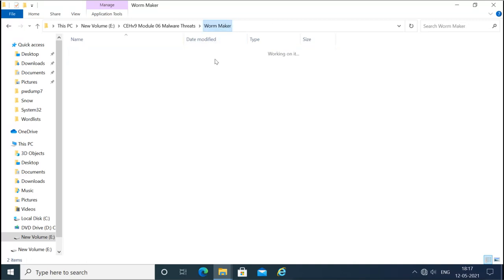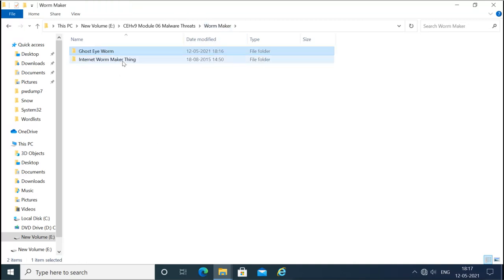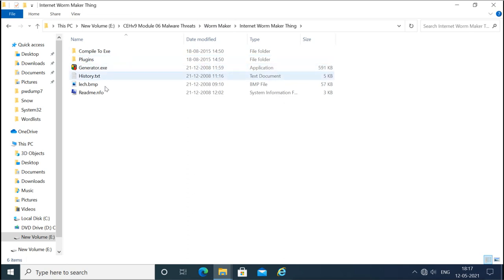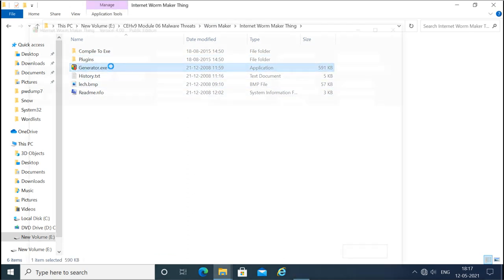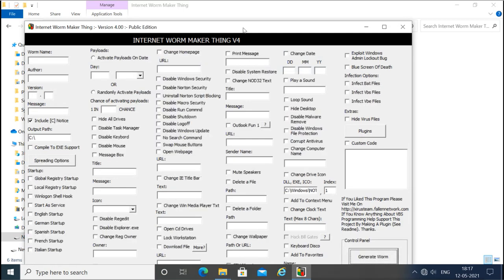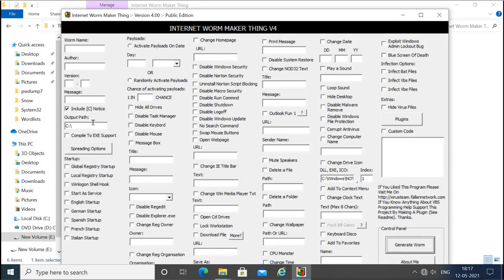Then you have the internet worm maker also. And it has lots of options to choose from. You just have to select these options and it will generate a worm for you.